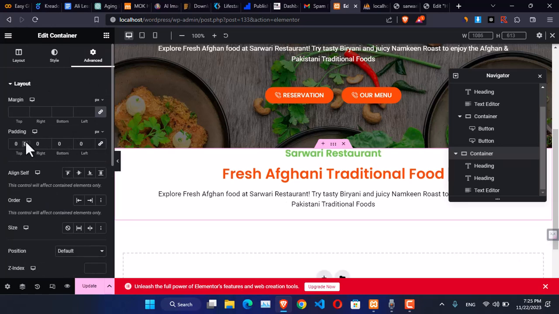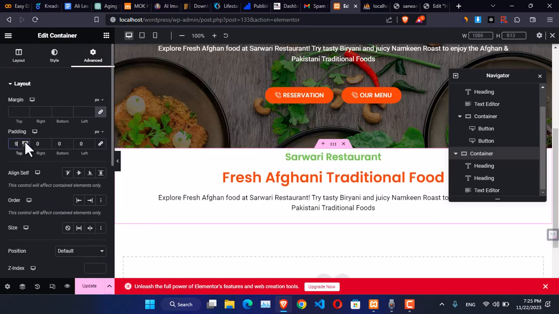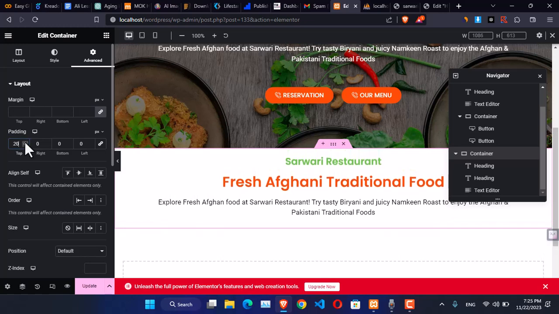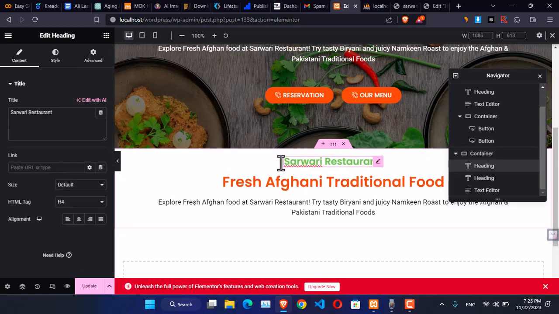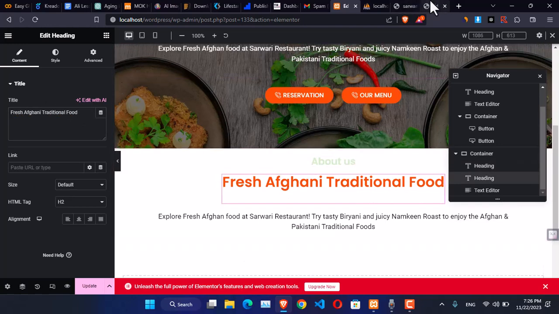And you should also go ahead to the advanced section, and now from here you have to give it from top a little bit of padding, so it should be a little bit down because we are going to change the information there. So just simply type there about us, and what we offer,